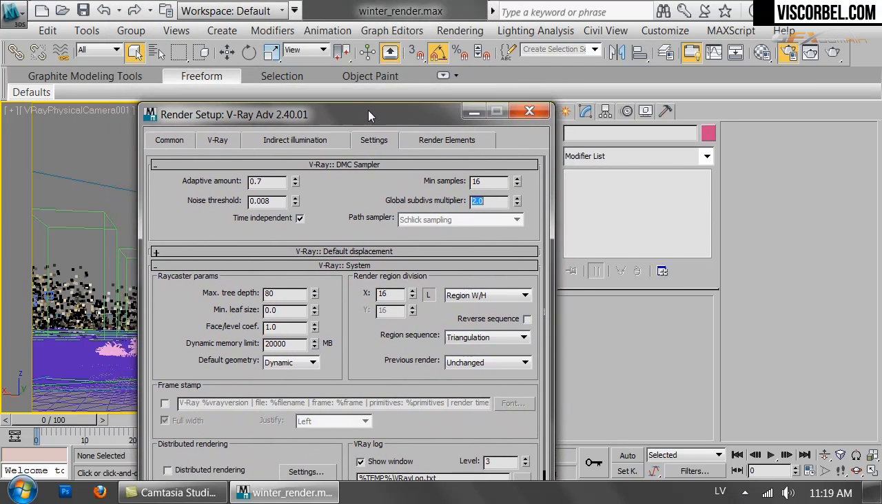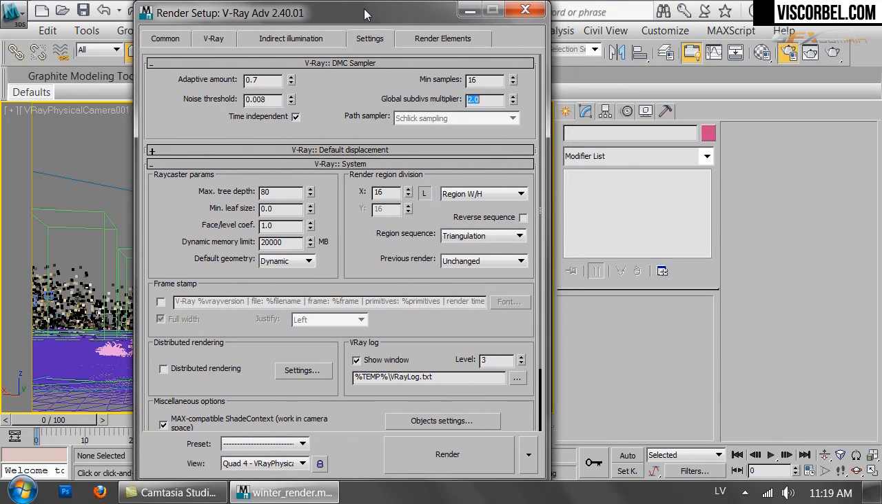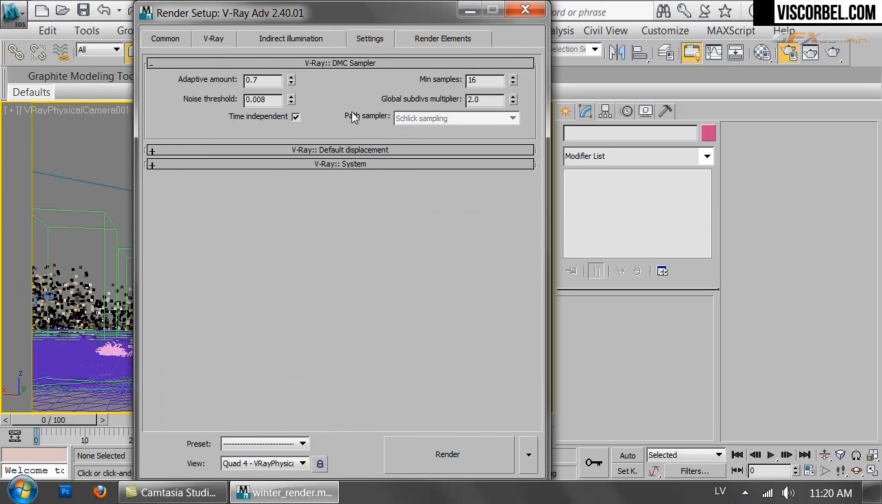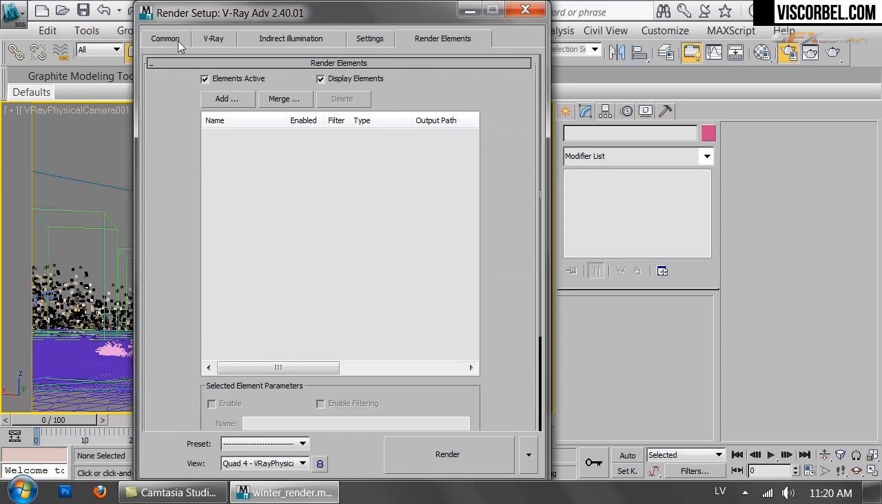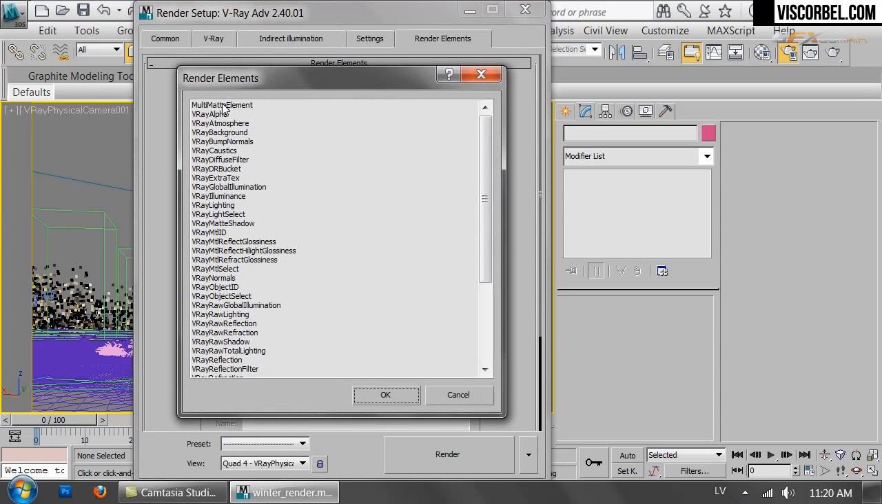Sometimes you want to go manually through all the materials, all the lights, and set the subdivs individually, but in this case I'm not in a hurry, so I can just go for a higher quality render by bumping everything up 2 times. Okay, and let's set the render region division to 64 pixels in size to speed it up a bit. Right, so those are the basic render settings, and I'm also going to use a few render elements,